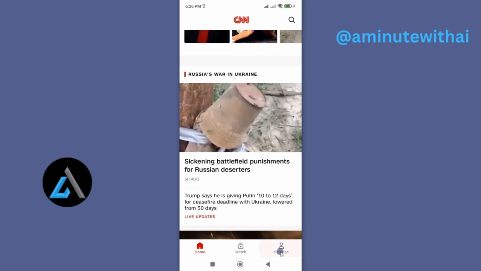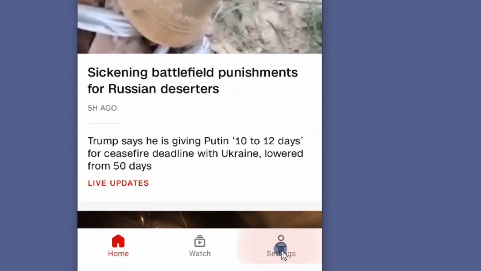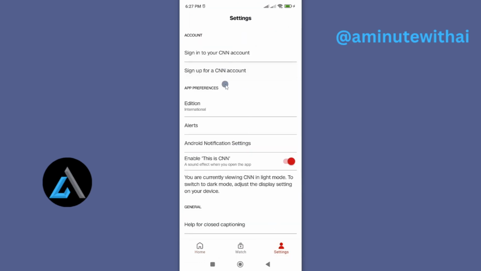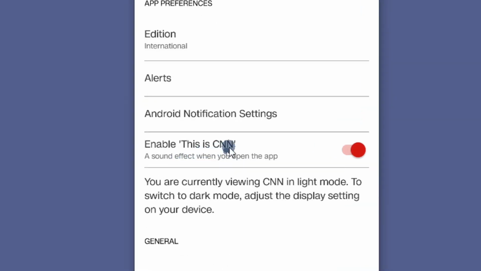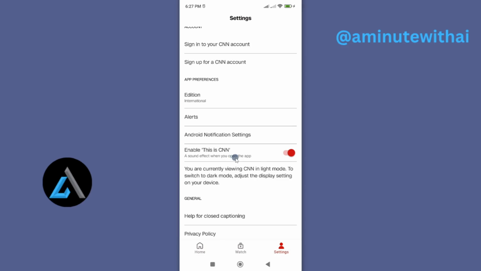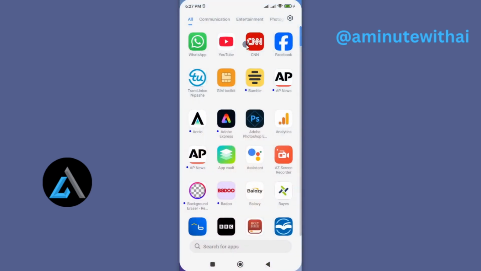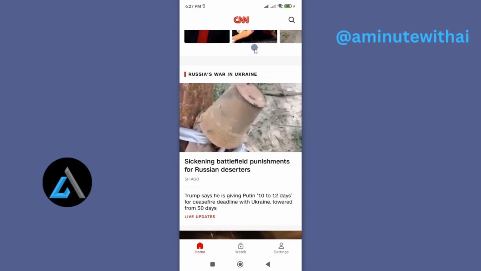Just head over to settings here. Once you have opened your app, just head over to settings here. And under this, you'll see this option called "Enable This is CNN". Now, this is a sound effect that you normally hear when you open your app. To turn it off, just toggle it off like this, and it will be turned off. Once this is done, each and every time you open your app, you will never again hear the "This is CNN"